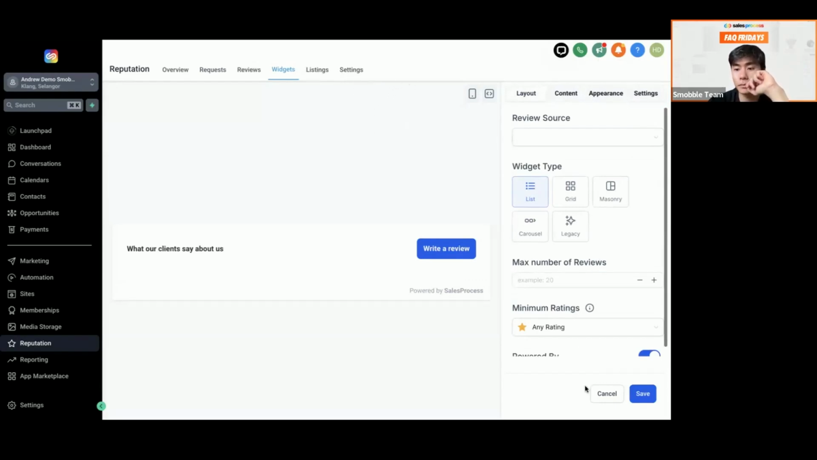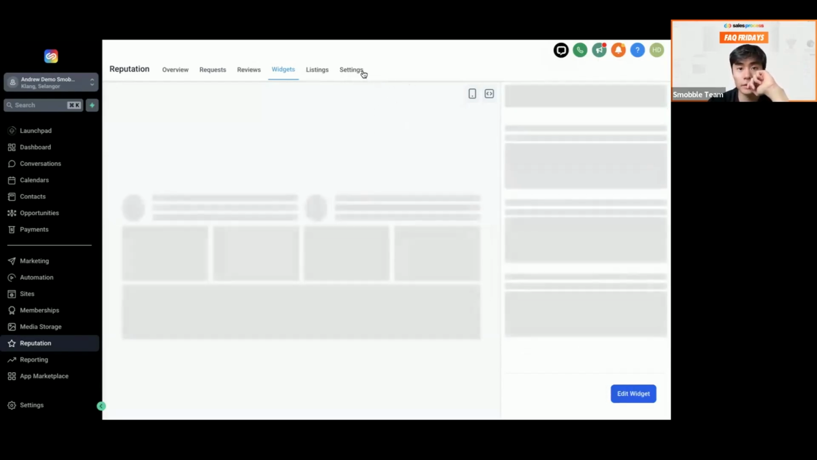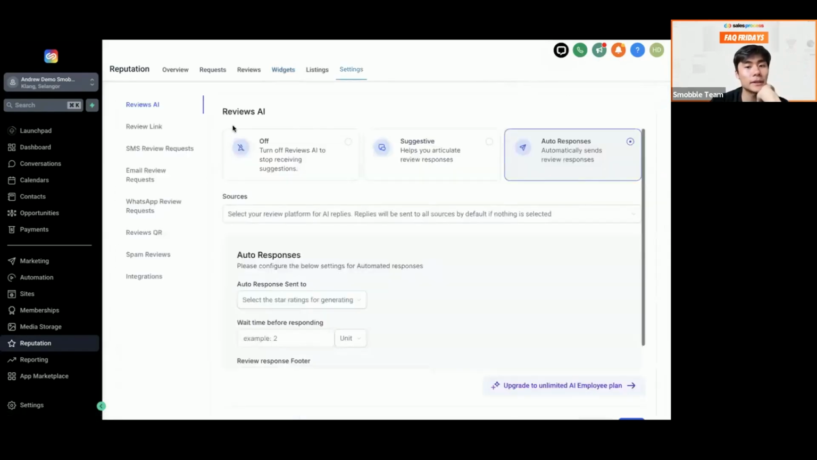Now, wait a second. We're gonna go back in settings. Here under reviews AI, you have the options to send auto responses, automatically sends review responses, okay? Or you can turn that off so that the process is manually done. Sometimes people don't want to receive those type of SMS or those type of emails, and in those cases, these should be turned off. Okay,